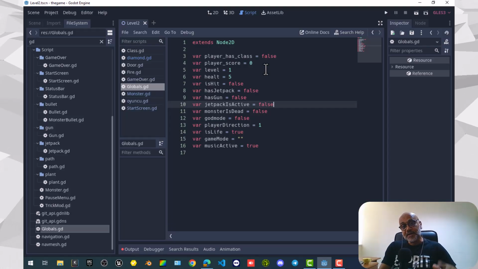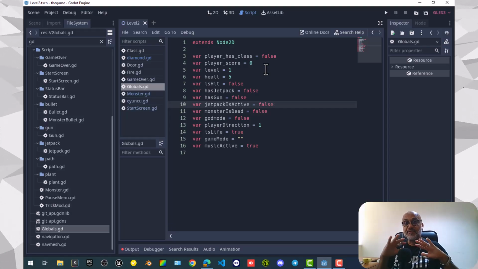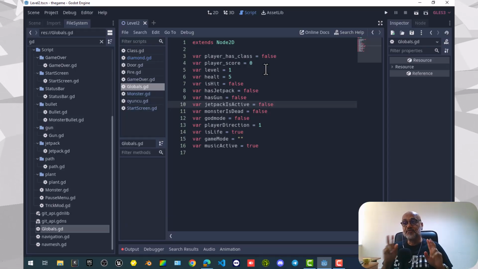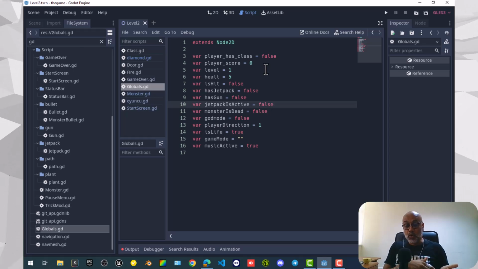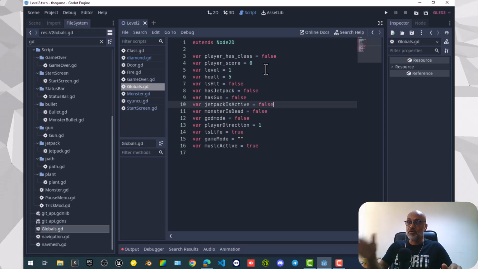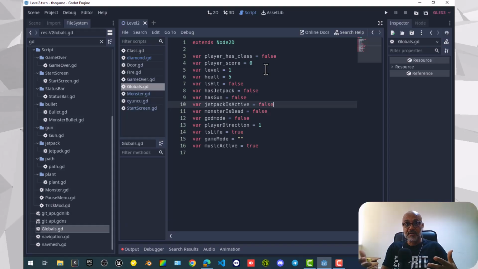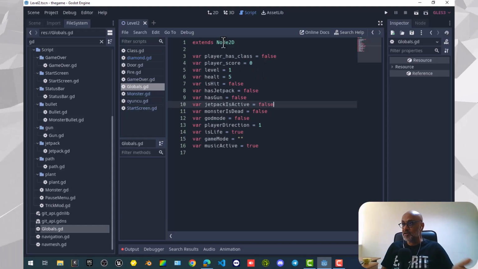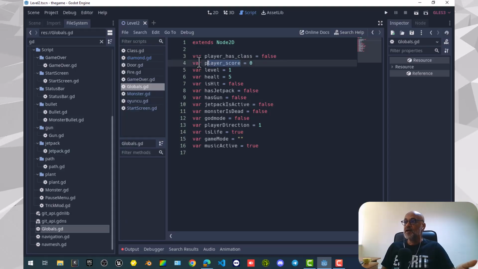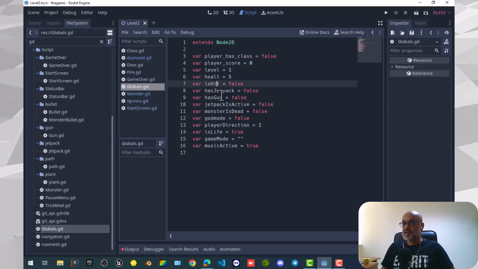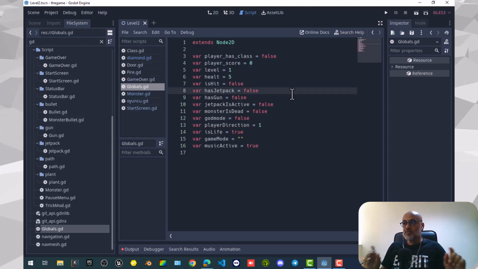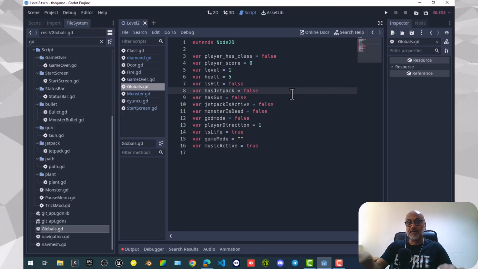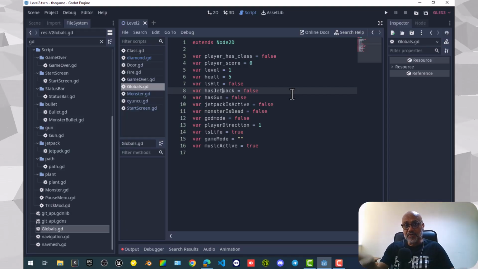Back in those days, there were simply variables, okay? And we have two types of variables, one which is global and the second one which is local. The difference between the two is that a global variable will be accessible everywhere in your program. That means that each variable we have here, like for example player has class, player score, level, health, is hit, has jetpack, is already accessible from everywhere